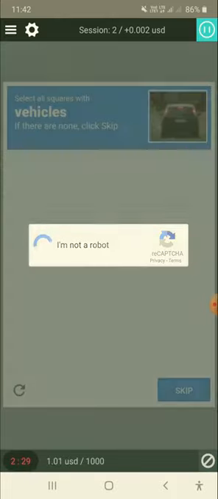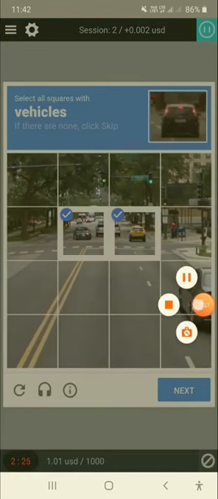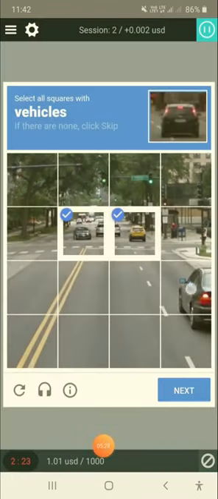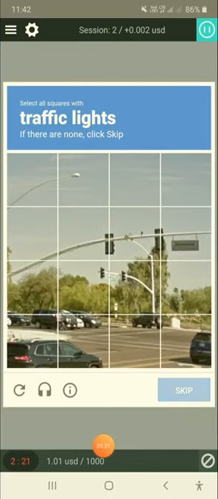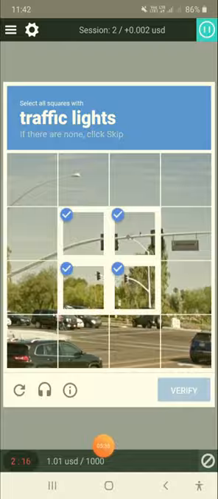Even the tick is also getting very fast. This way you can increase the speed and you can work faster. See the tick how it is getting faster.